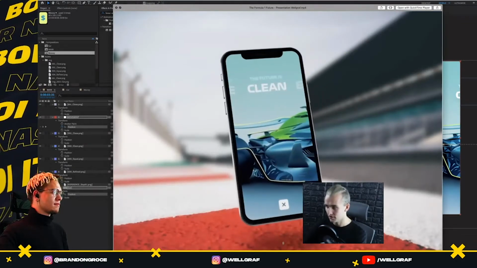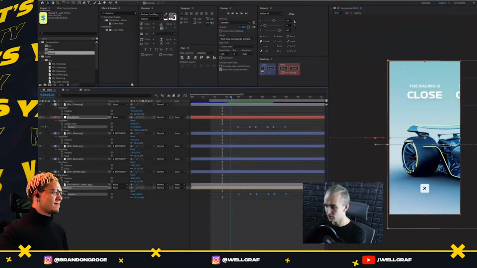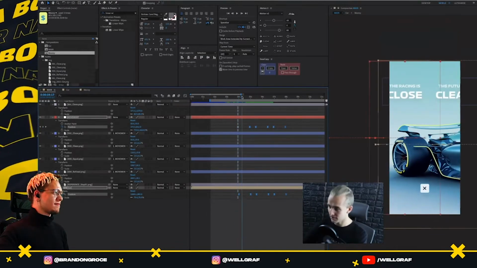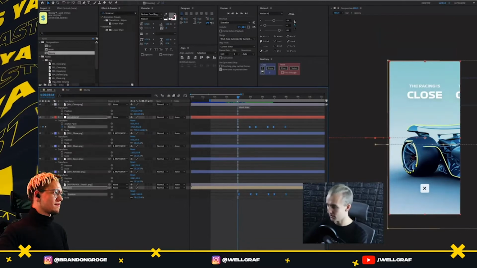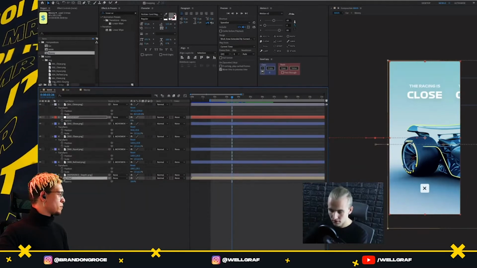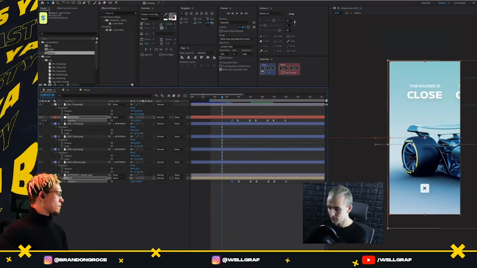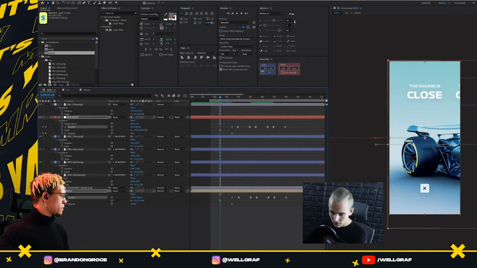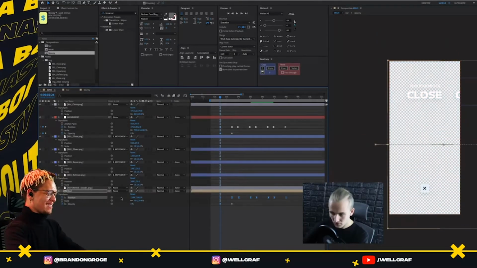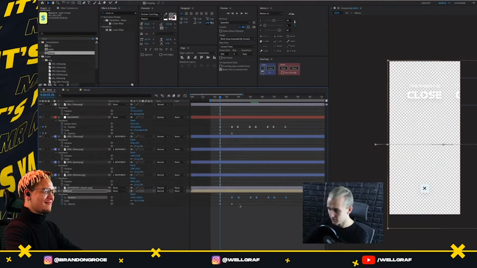Okay, so we're going to do this first fading-in thing. We want this to complete three steps before the first swipe. First we want the car to fade in, and we want it to move up. Then we add in keyframes, and we do opacity 0. We do position downwards. We also add in